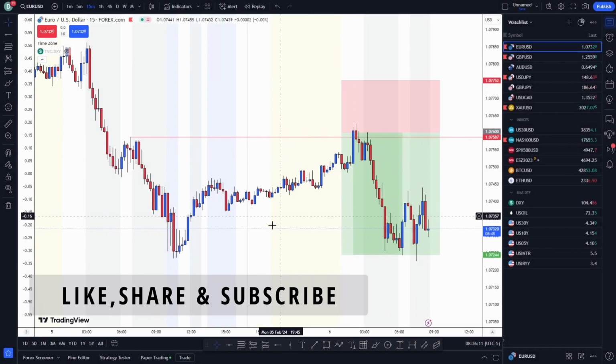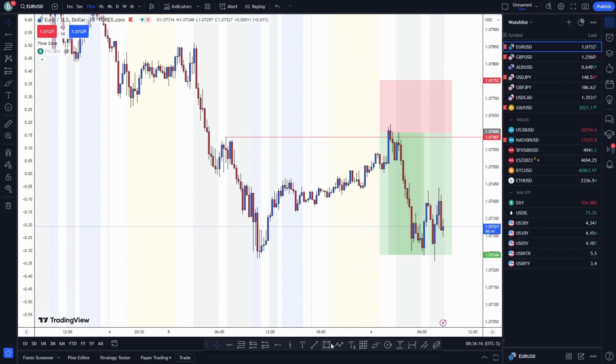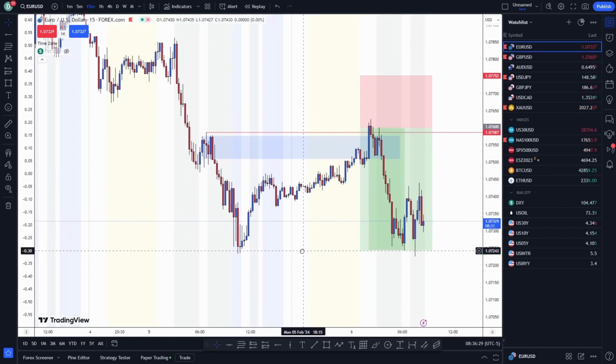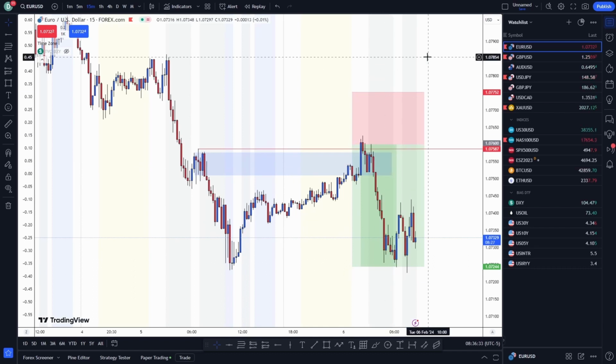So we can see that price was making higher highs and higher lows and it was going down. Then all the retail traders, or all the supply and demand traders, will look at this as a supply zone. Yes or no? Because they will look at this one as a supply zone. And now, as I taught you in my previous video, and the link will be in the bio,